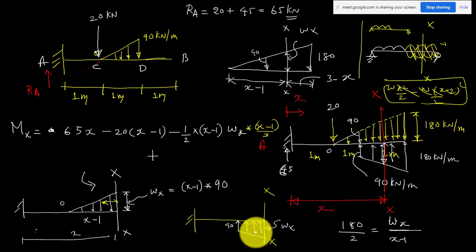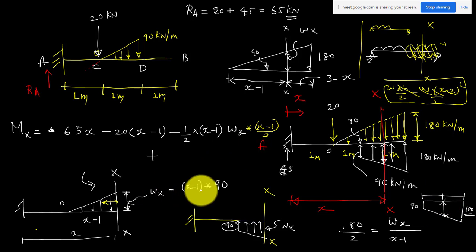So this moment is going to be positive. Here I have 90 as the intensity at this section, and at this section you have to find the intensity. Again you have to use the similar triangle only. Here you are going to have a trapezoid. I can find the intensity at this point, because I know the value here 180 and here 90. I know this length, and I know this length. So I can find the intensity of the load at this section in terms of x. If you know these two values, you can again find the moment. It's straightforward. Either you can divide into a square and a triangle, then write the equation for the moment. That will be a function of x.